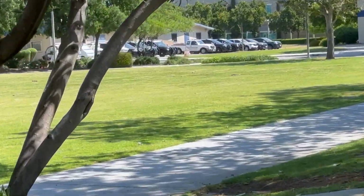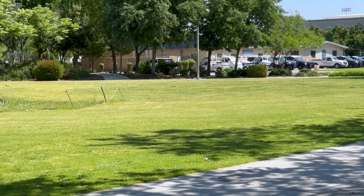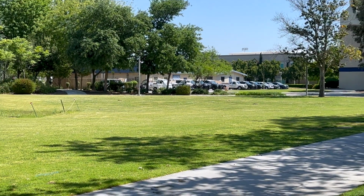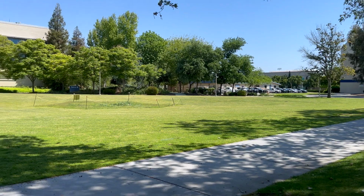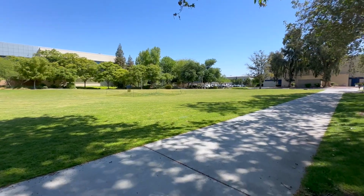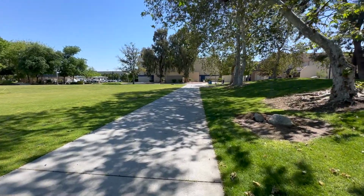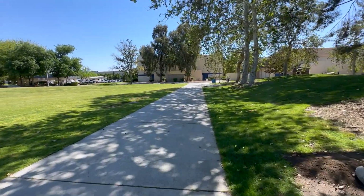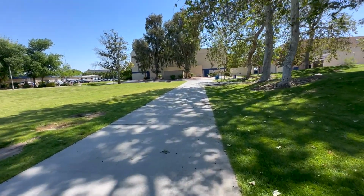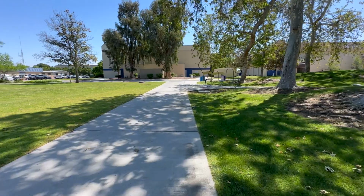And then right there, as you can see, even during Sundays, you've got to hand it to the police. They're still out here looking over the campus, which I really appreciate their service, making the students feel safe out here in this beautiful campus here in Bakersfield. Then over here, all the way towards the side, I see the